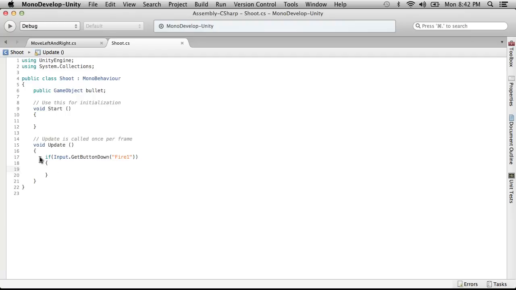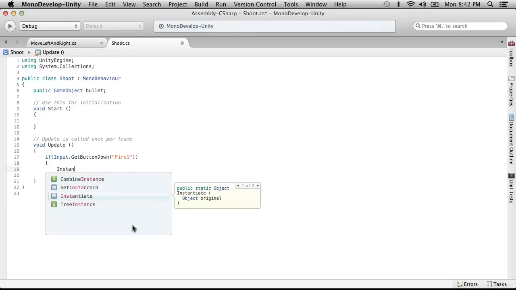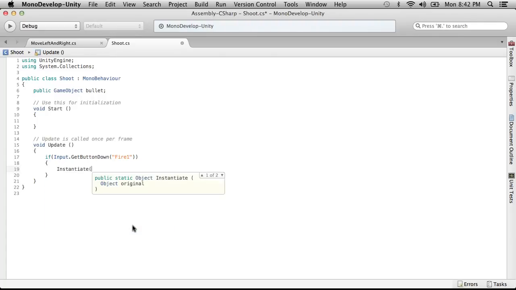So, basically, if the code comes to here and it's like, okay, this object needs to do something, it'll be like, if GetButtonDown Fire1, and no one's pressing fire, then it will just skip this and nothing will happen. So, perfect. Now we're going to instantiate our game object,